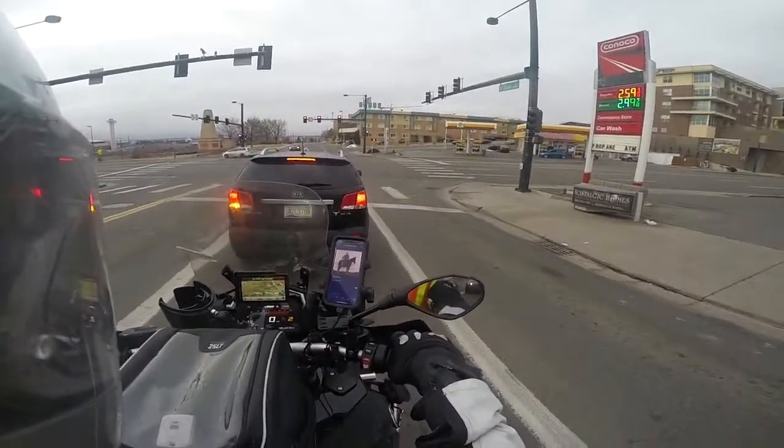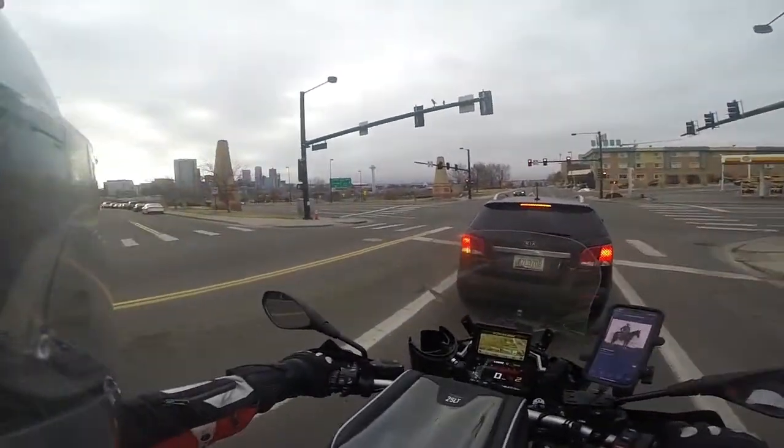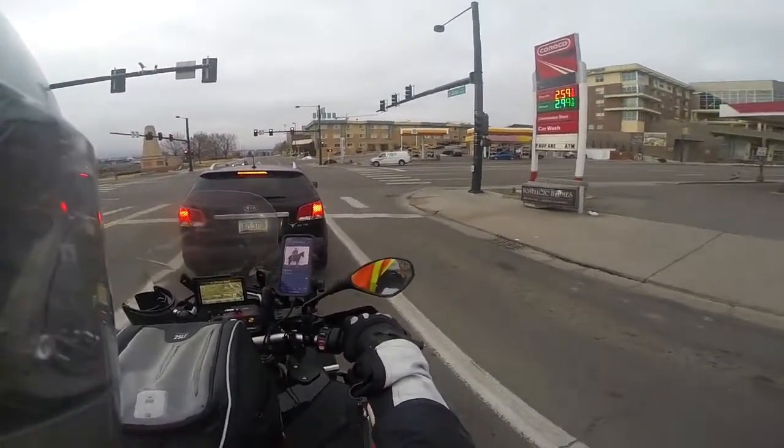It's about 7:16 in the morning. We're registering 30 degrees outside on the bike. We are going to be getting some snow later on this evening. But setting that aside,